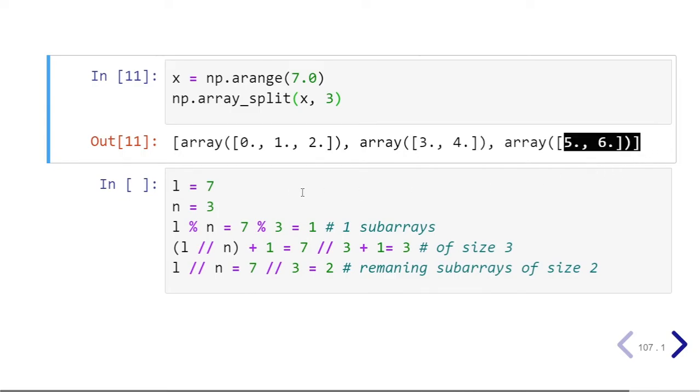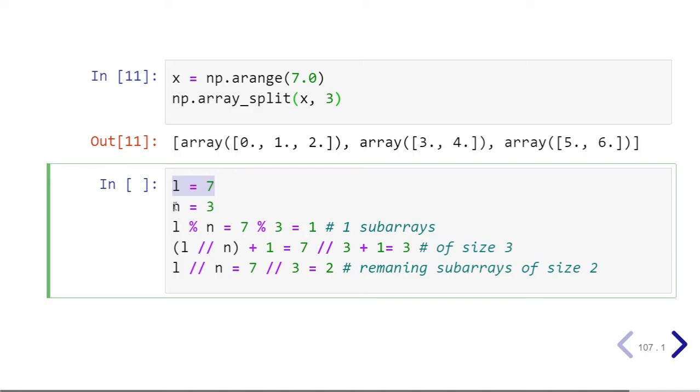Let's understand this. L is 7, and the number of subparts it is to be divided into is 3. L mod n, 7 mod 3, is equal to 1, which means 1 subarray. The size of that subarray will be L divided by n plus 1: 7 divided by 3 is 2, plus 1 is 3, of size 3.